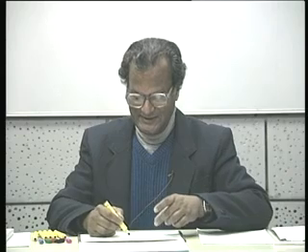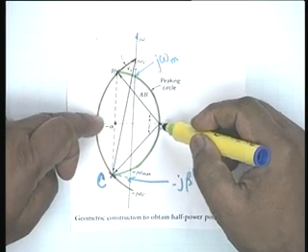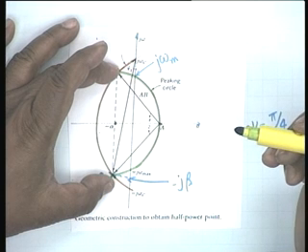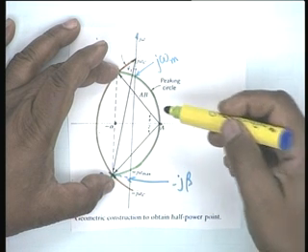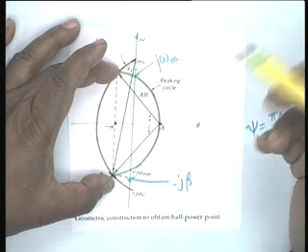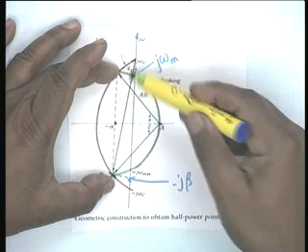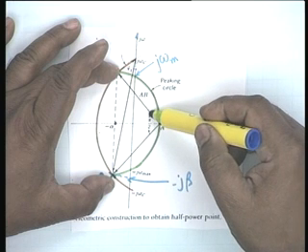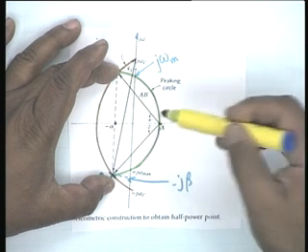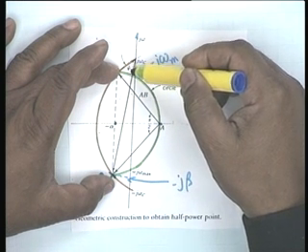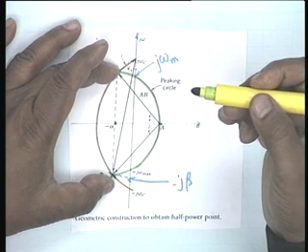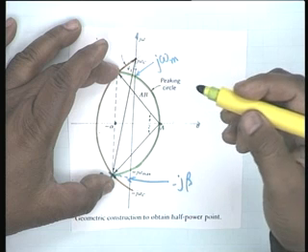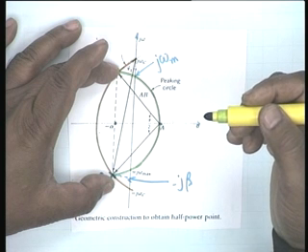Yes, this is the center of this orange circle. The chord AB belongs to both circles. For the peaking circle it is the diameter, whereas it is less than the diameter for the orange circle. And A is the center of the orange circle, so the angle subtended at the center is pi by 2, the angle subtended on the circumference must be pi by 4, half of that, and therefore j omega c gives you the half power point.